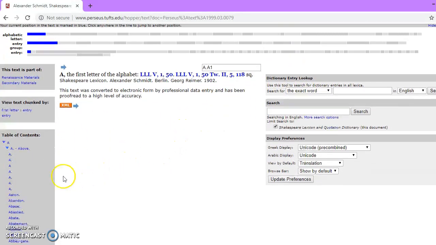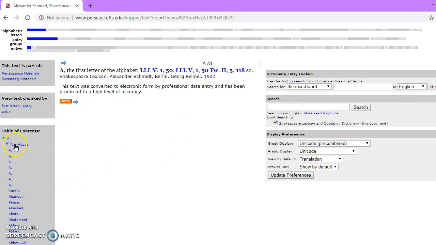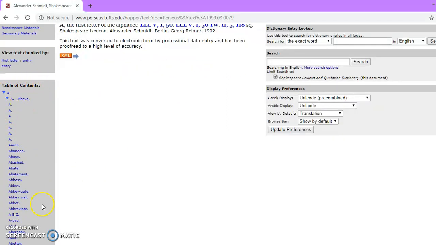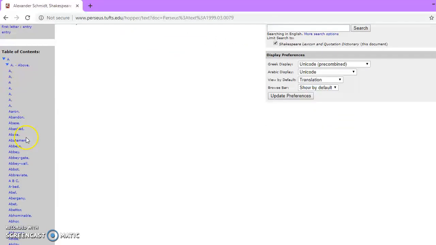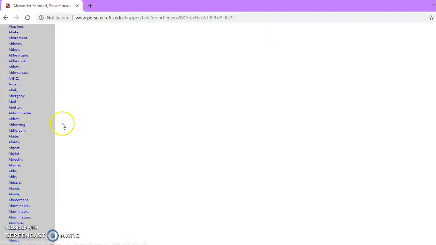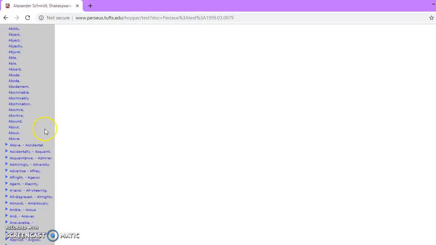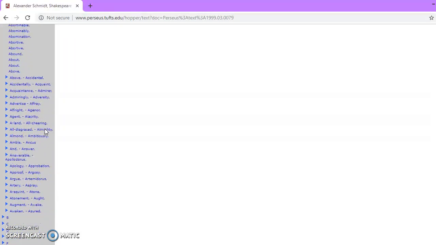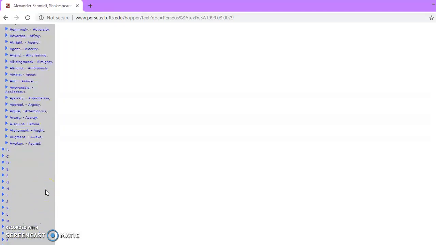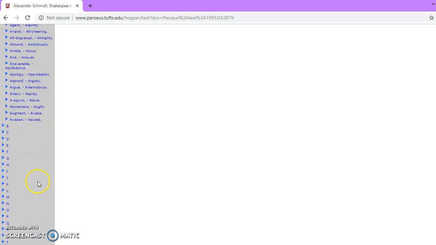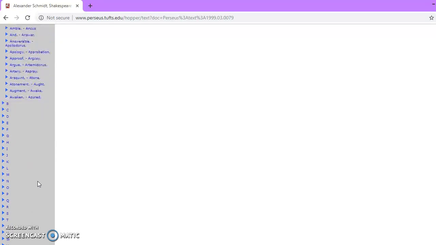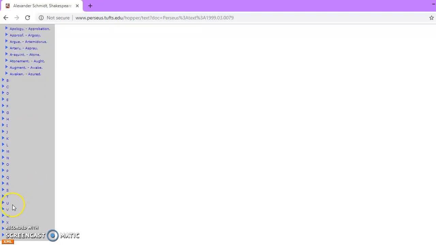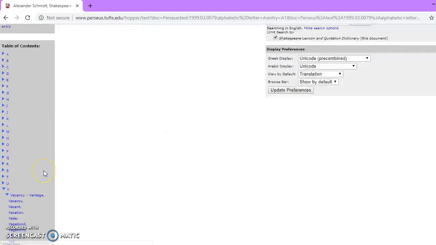So I personally like to just look it up as I would a dictionary. So you can see here that we've got the table of contents, and that's what you're going to be looking for. So let's take the word, say we don't know one word in our monologue, right? Let's take one of Romeo's monologues from Romeo and Juliet, one of his most famous monologues, and let's look up the word vestal. He says in there, her vestal livery is but sick and green, and none but fools do wear it, cast it off. Vestal, I don't know what vestal means, but I do know it starts with a V.